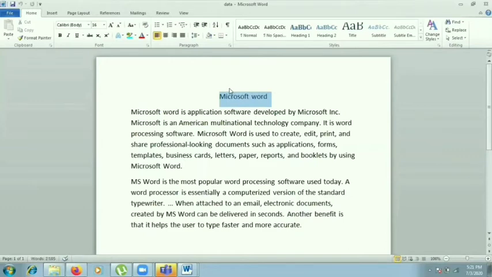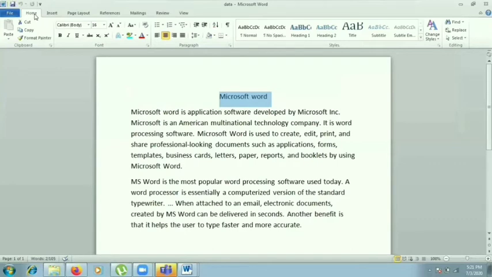The first very important thing is, whatever formatting you want to apply over the text, firstly you have to select it. Firstly you have to select it. For example, I have selected two words here, Microsoft Word.